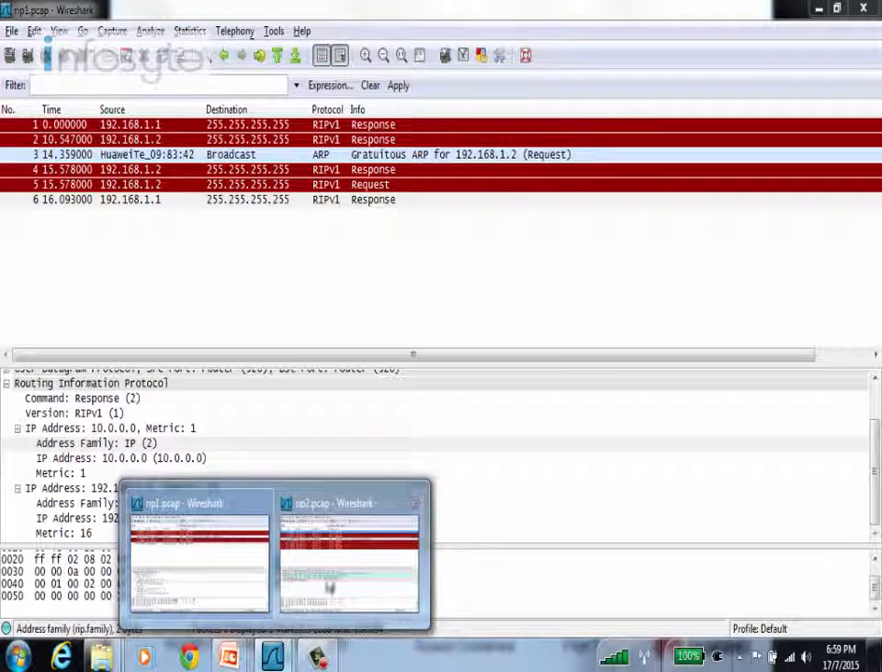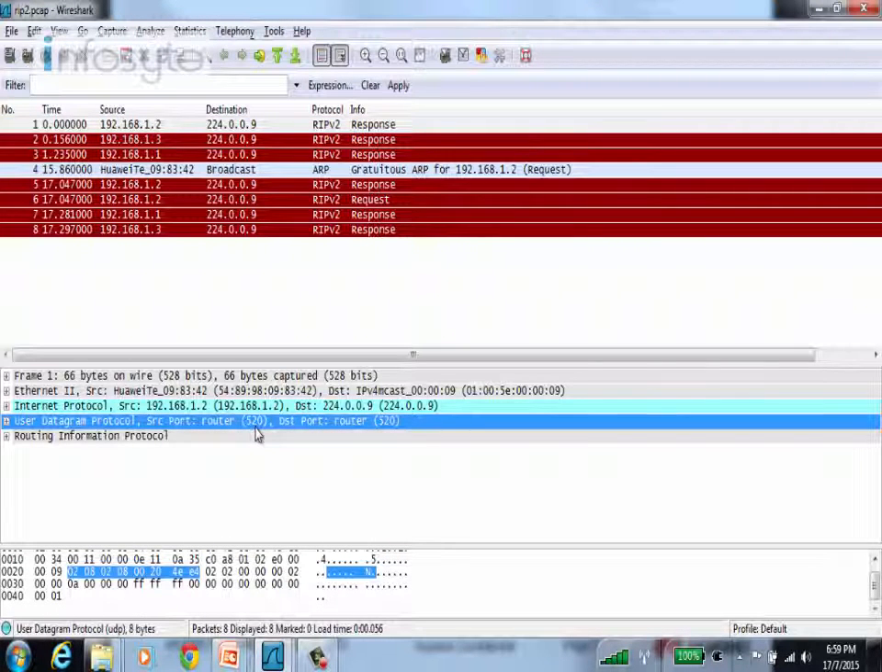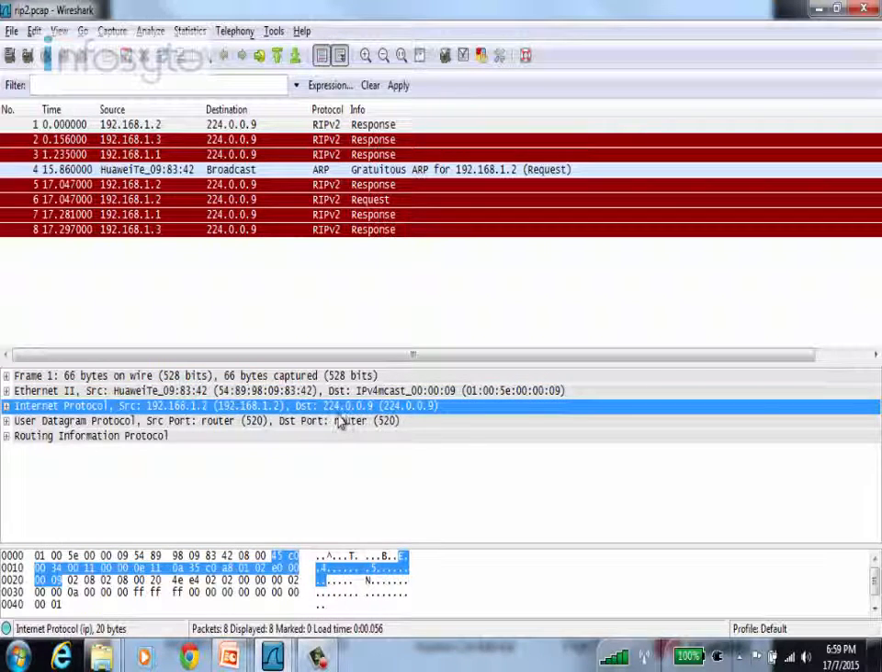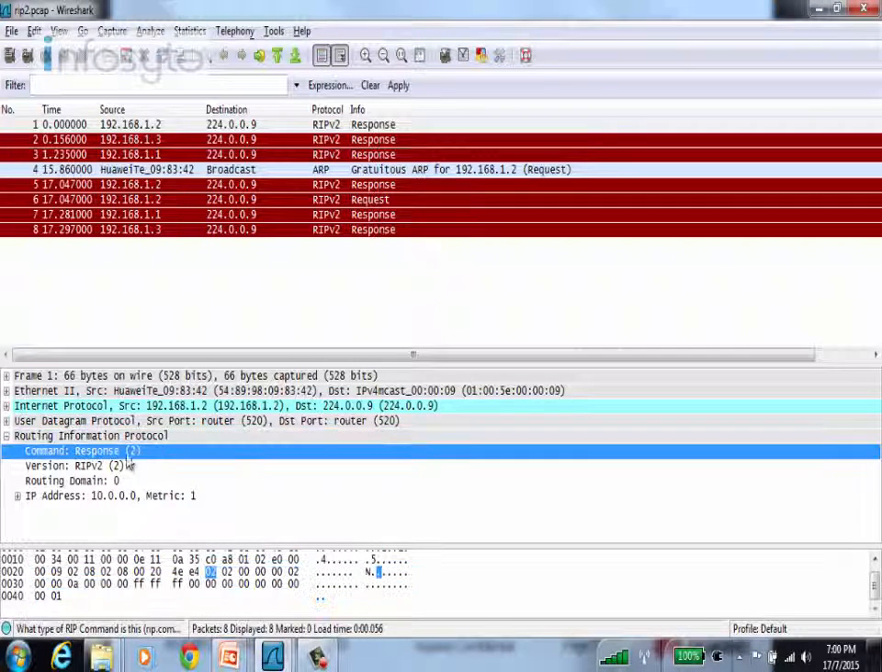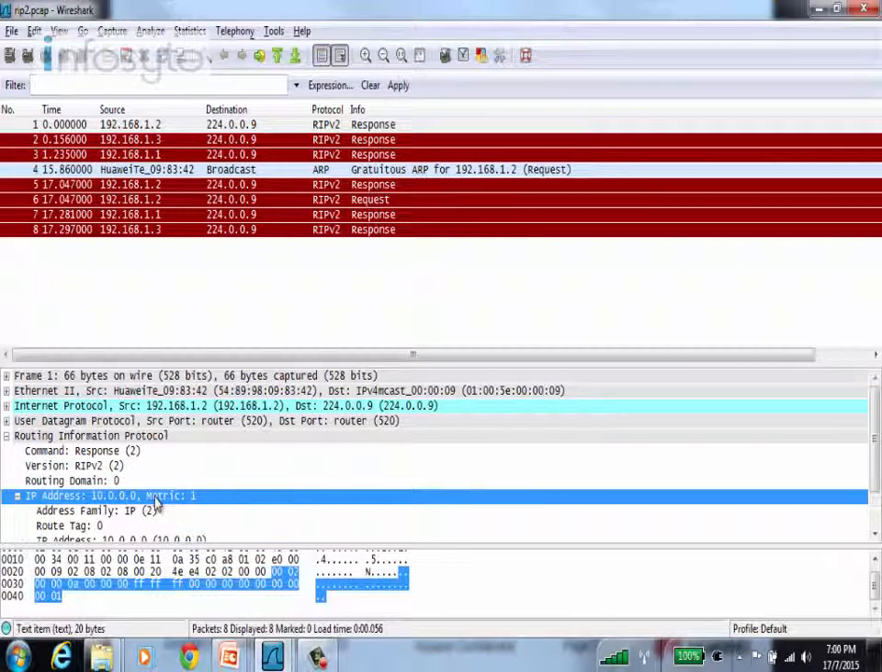Now, as compared to version 2, this is version 2. And you notice that version 2 is still using UDP 520. And they are using a multicast of 224.0.0.9. Okay. Now, if I expand the routing information protocol, you notice that the format they are using is the same. So we have a command, we have the version. And if I expand